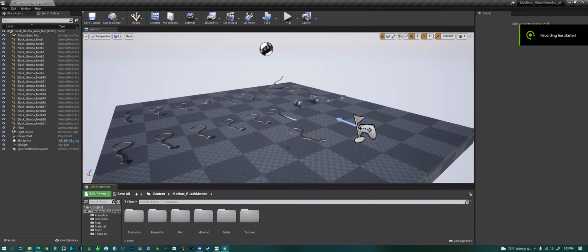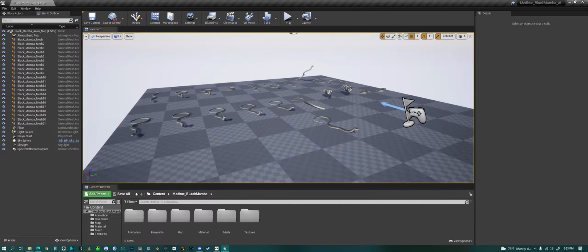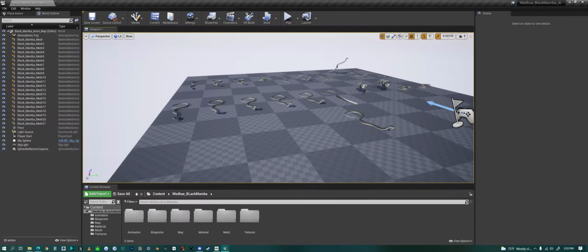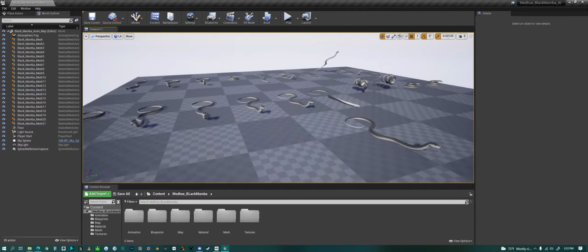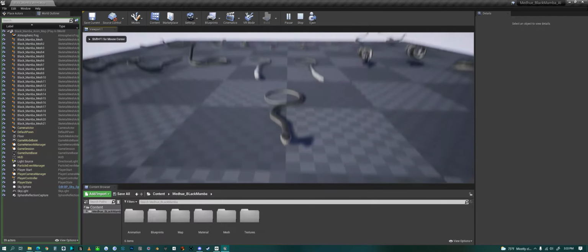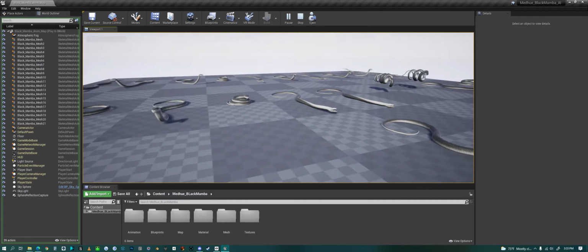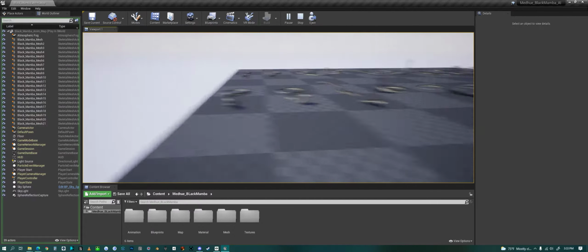Hello everyone. Today we are looking at my black mamba snake inside of Unreal Engine. We're looking at a map here that I created with all the different animations individually laid out so you can look at them separately. So there's all the different animations: dying, dead, curling up,